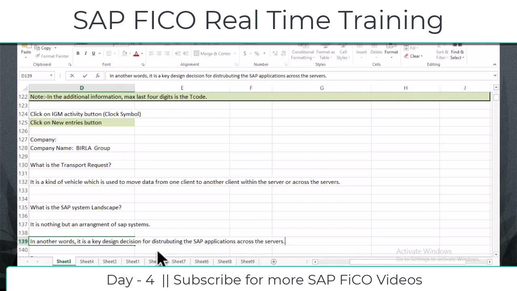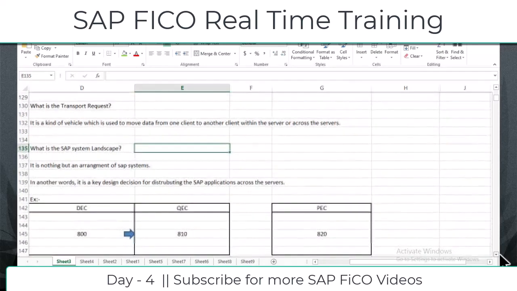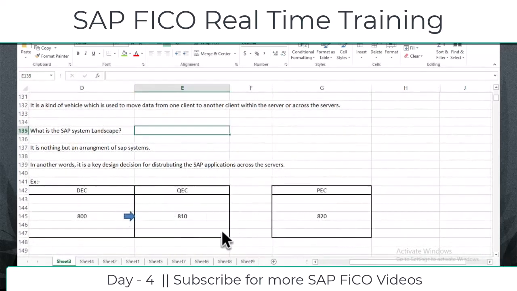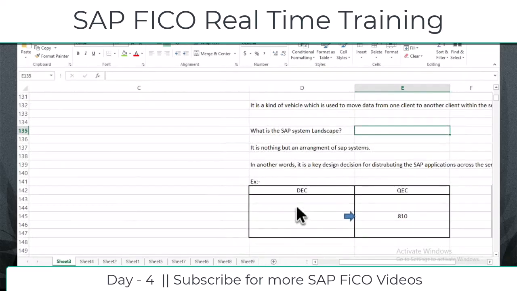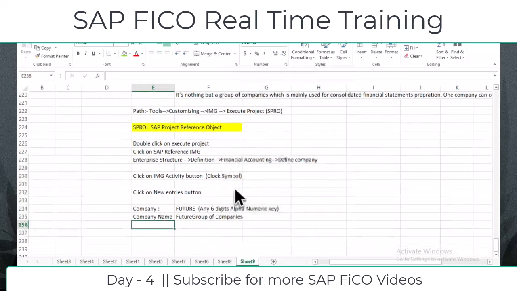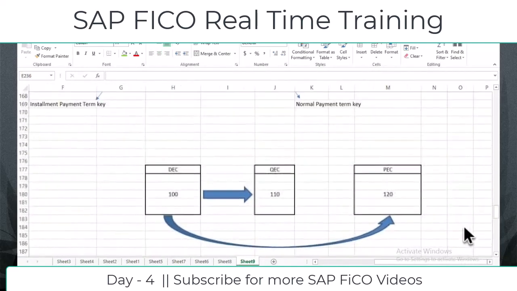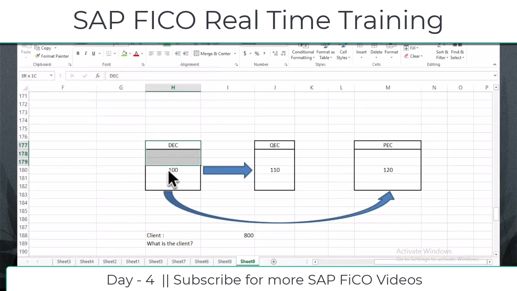It's a key design decision for distributing the SAP applications across the servers. Okay, now I will tell you what it means. I already explained, right? In a live environment, we have to have a minimum of 3 clients. For example: development client, so like this we have to have minimum 3 clients: development client,